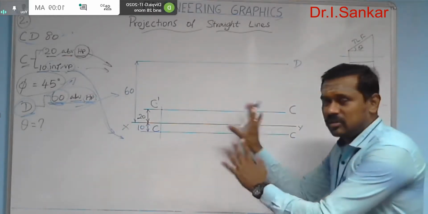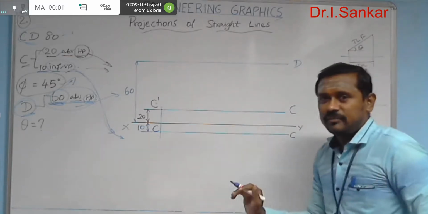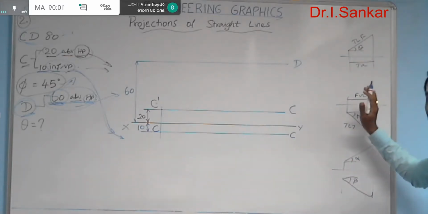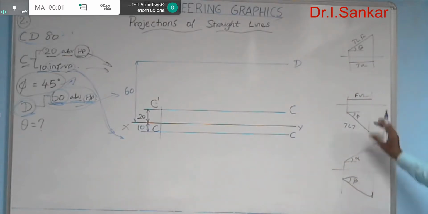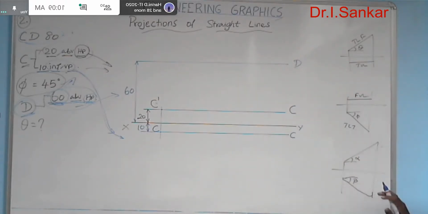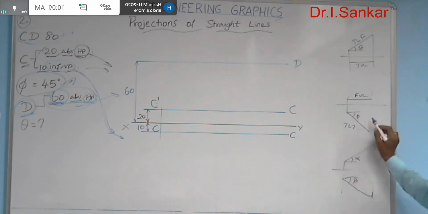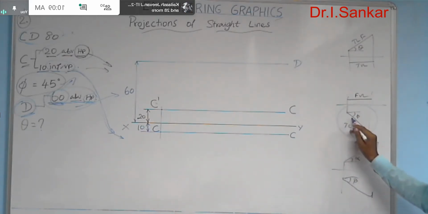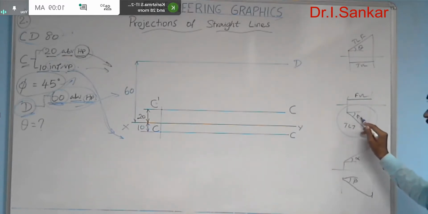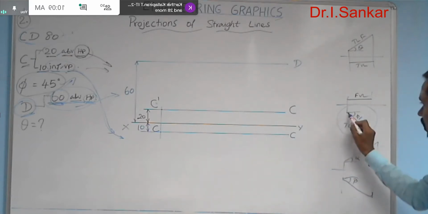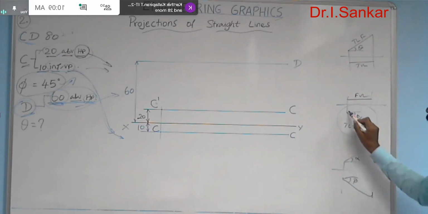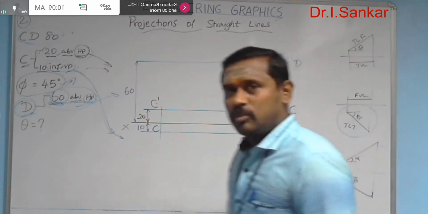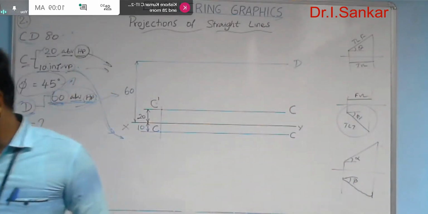So this is nothing but the entire given data without using that. So by using the true length and the true inclination with VP, which line here can you draw? True length and true inclination with VP, that is phi. See, yes, that line can be drawn. This is nothing but the true length line with true inclination with VP. So here in the top view area, you can draw the true length line in the top view along with that inclination.